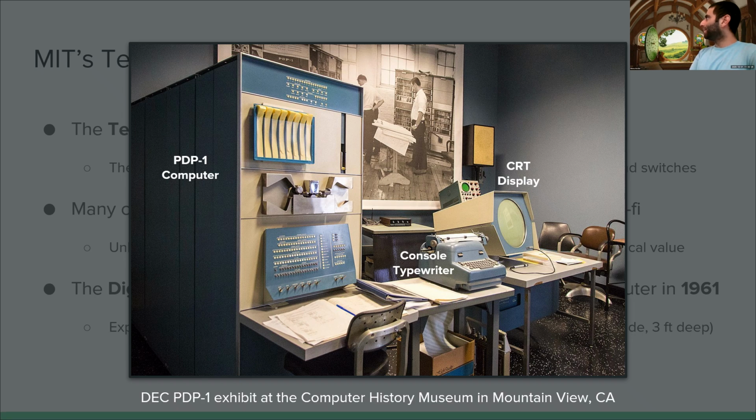So this over here is the PDP computer itself, the PDP-1. And this machinery is just doing the number crunching itself. So how do you actually interact with it? You have a console typewriter that you can type programs into. And how do you then see what it's doing? It could either print stuff back at you, or there was this CRT display that could render really, really primitive graphics. So it's still dynamically rendered graphics that it could send.